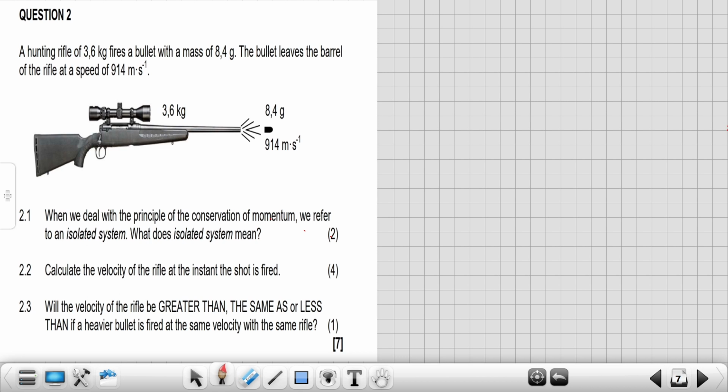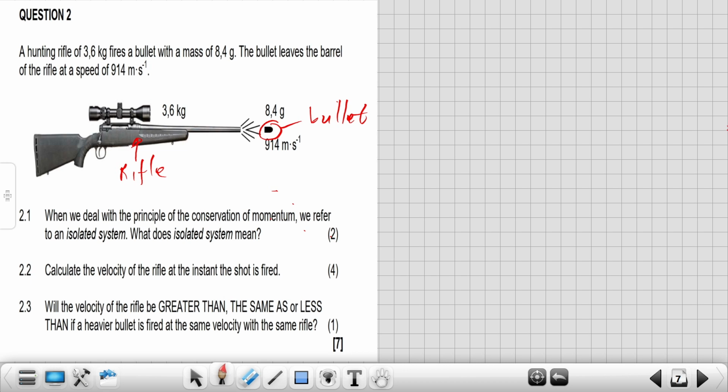The first thing to do is, if I have two bodies or two objects that I'm working with. In this case, I have the rifle and then I have the bullet. So once I am able to identify that I have two bodies, definitely the questions that should follow should be questions based on the conservation of linear momentum. So let's go into it and try to write down all the important data